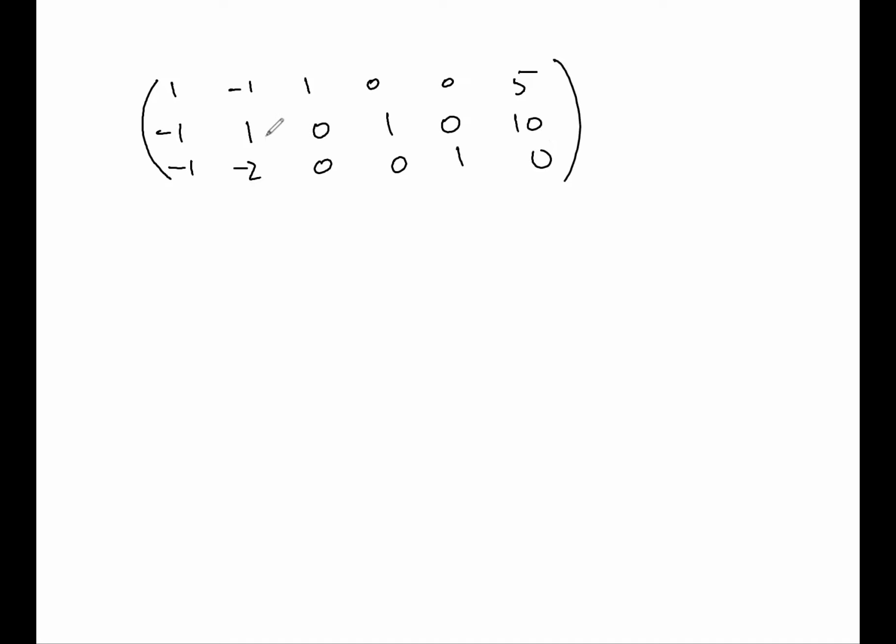So this was our pivotal element. So we add row 1 plus row 2 and row 3 plus 2 times row 2, and it will